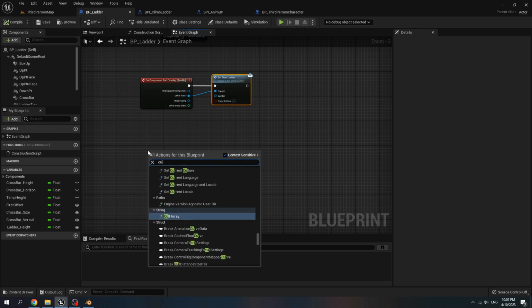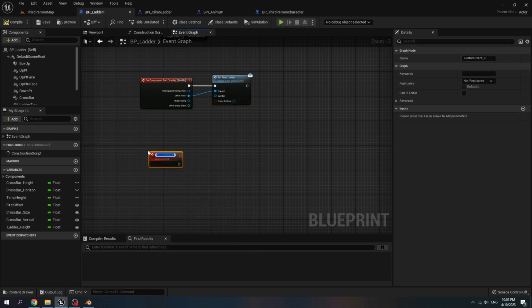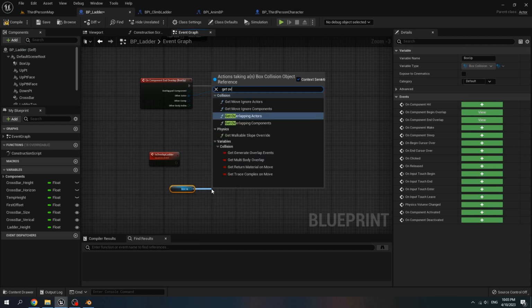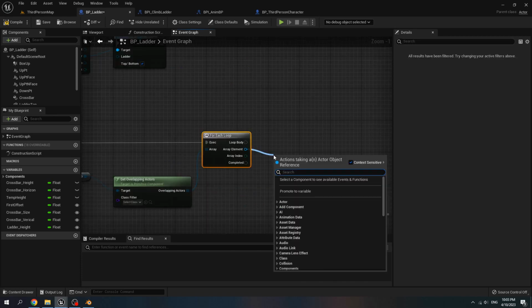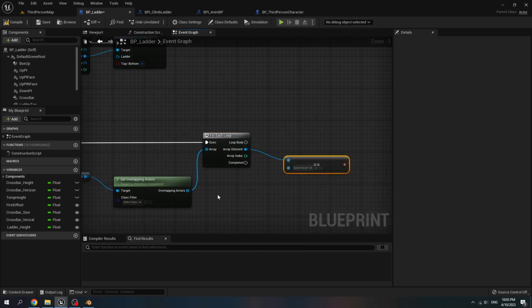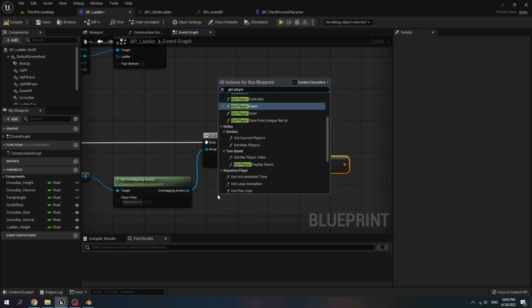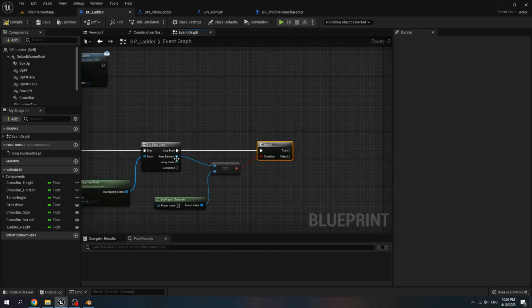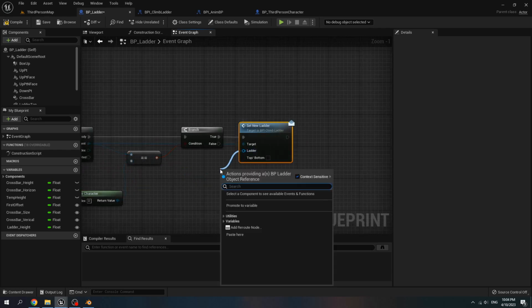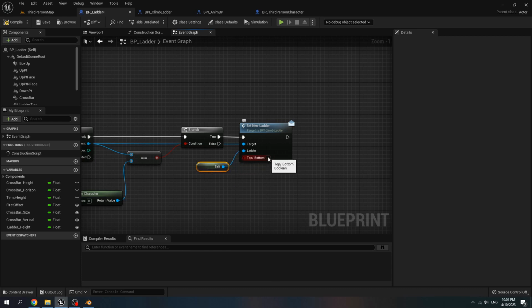Then create a new custom event. Name it is overlap ladder. Get box up, call get overlapping actors. For each loop, if it equal to player character, create a branch. For the array element, set new ladder. For the ladder is safe, top bottom is true.